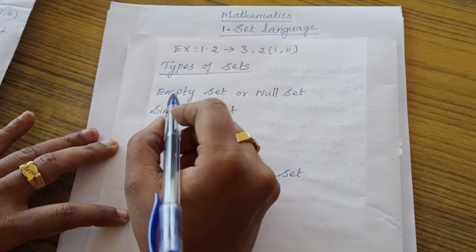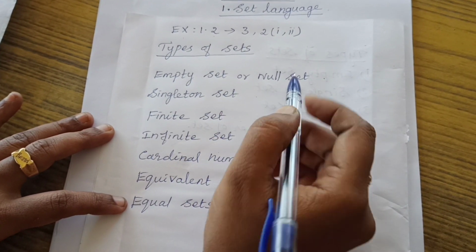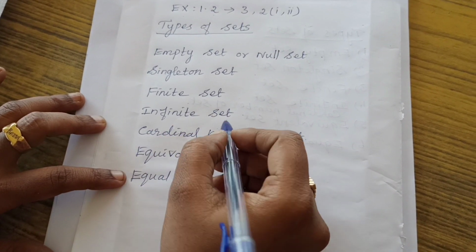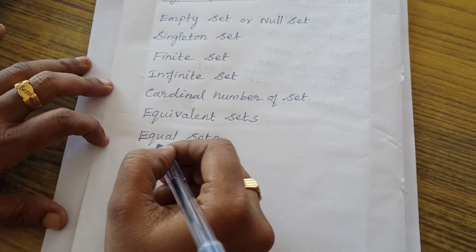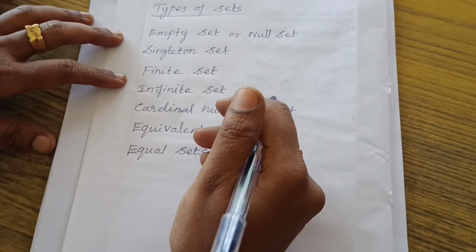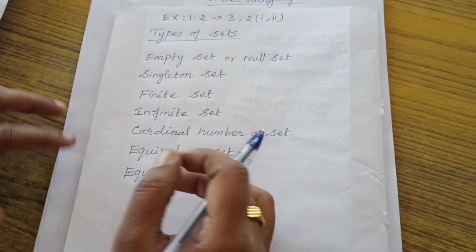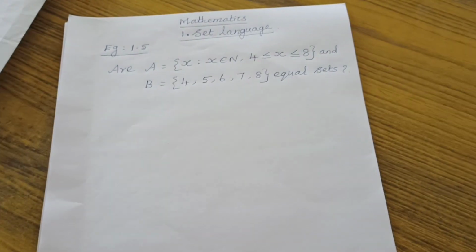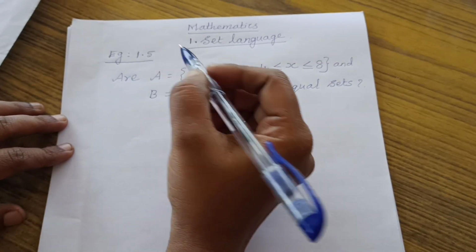Okay. And in last class, we learned about types of sets. Then recall, first one empty set or null set, second one singleton set, finite set, infinite set, cardinal number of set, equivalent set and equal set we studied, isn't it? Now we are going to continue the remaining sums. Example 1.5,